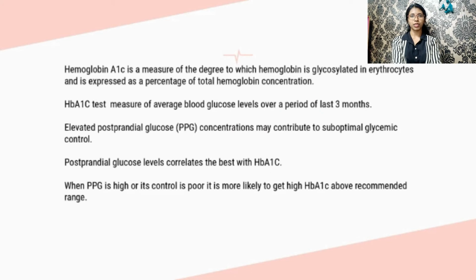As mentioned earlier, HbA1c is a measure of the degree to which hemoglobin is glycosylated in erythrocytes and is expressed as a percentage of total hemoglobin concentration. HbA1c test measures average blood glucose levels over the last 3 months. Elevated postprandial glucose concentrations may contribute to suboptimal glycemic control. Postprandial glucose levels correlate the best with HbA1c. When postprandial glucose is high or its control is poor, it is more likely to get high HbA1c above recommended